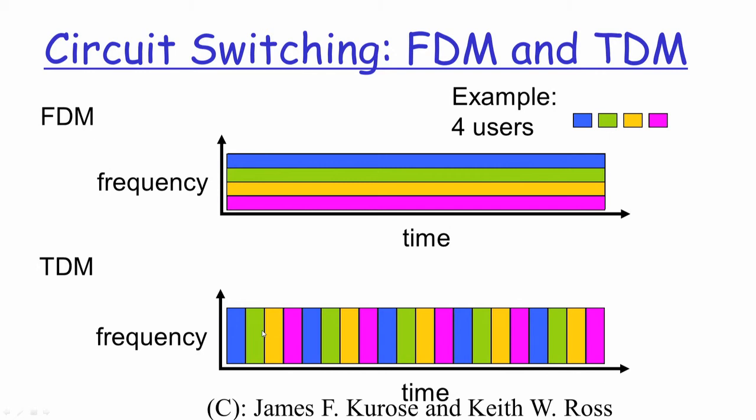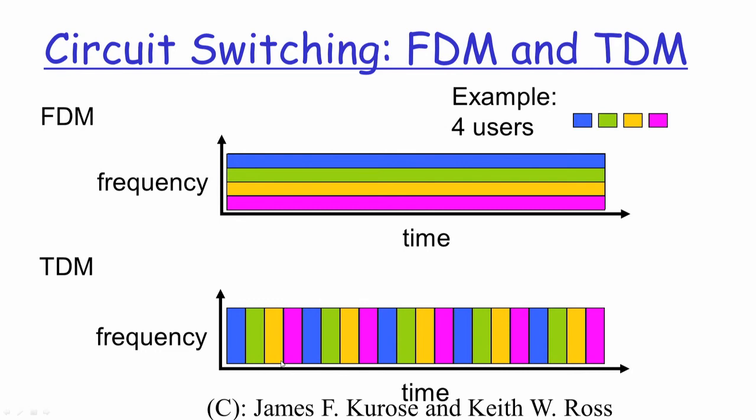So, we do have circuit switching that is possible either based on frequency or based on time, but the inherent limitation that we talked about with circuit switching, whether we do it based on frequency or on time, is present in both of them. For example, if user 3, for whom this particular band has been allocated, is not having any data to transmit at that point in time, in this time frame where this particular